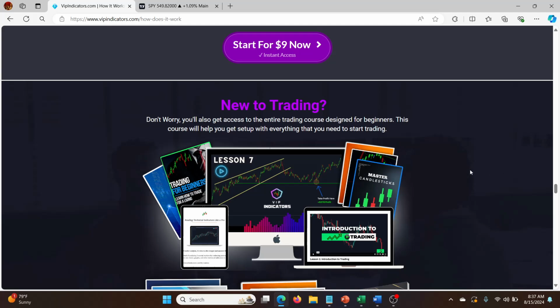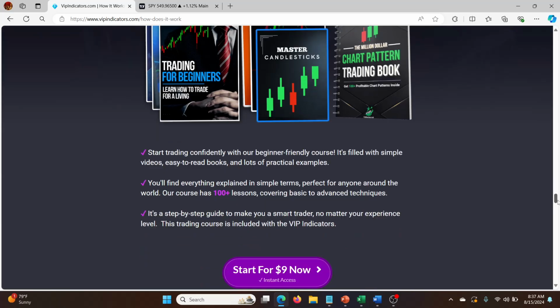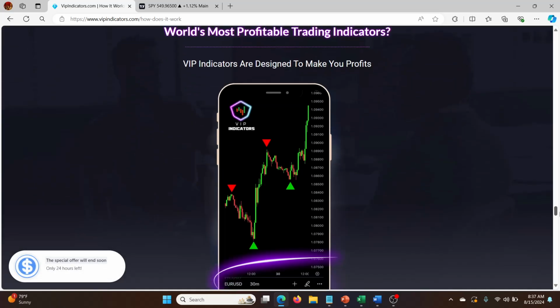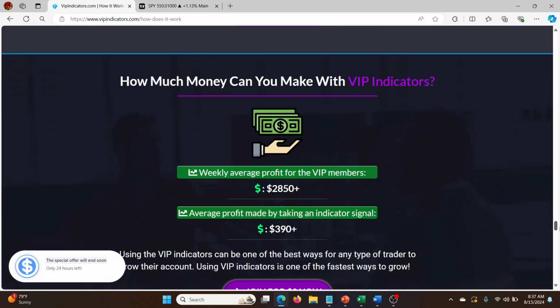One thing they do offer is a trading course, but I've not been able to access that or even find out where it is. So that's something to think about if you're thinking, oh, $9 and I get a trading course. It's got master candlesticks in there, trading for beginners, introduction to trading. I never got offered this when I purchased this, so I haven't been able to see that course or several courses anywhere inside my dashboard for this. So I was a little disappointed at that,